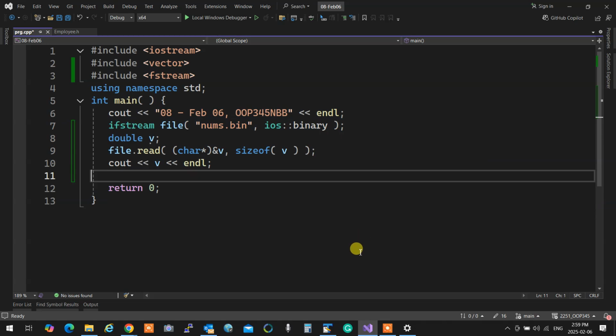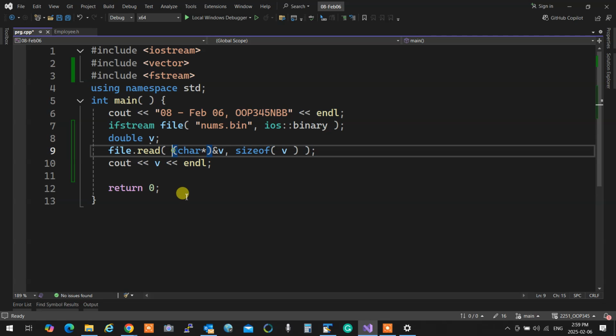So now I'm saying ifstream. You could have done fstream and then said ios in and an OR, single line, bar, and then ios binary. But ifstream is just the object that is for reading. So I'm saying read into the address, and again,